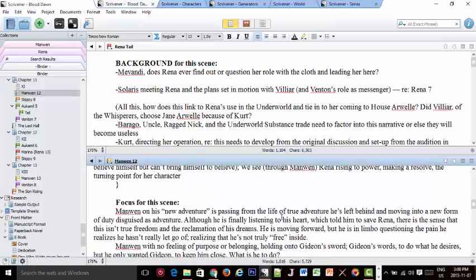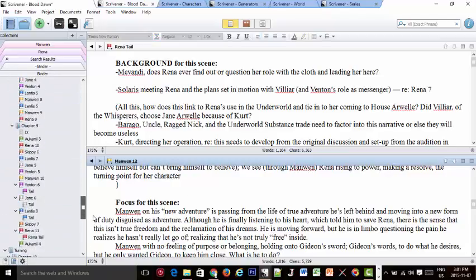So the focus will always depend on where I'm at. I actually just made this technique up about half of the way through Blood Dawn, because I noticed as I was going along, I had all these notes that I'd filled in from plotting and thinking about the book. And I noticed it was kind of just like a laundry list. There was, I want this to happen and that to happen, but there really wasn't any overall focus.